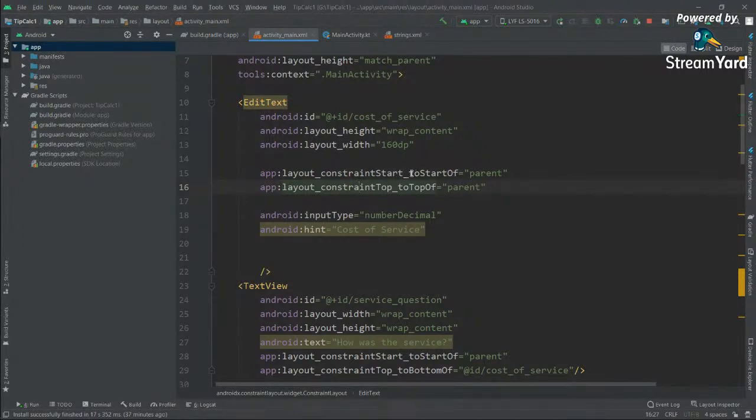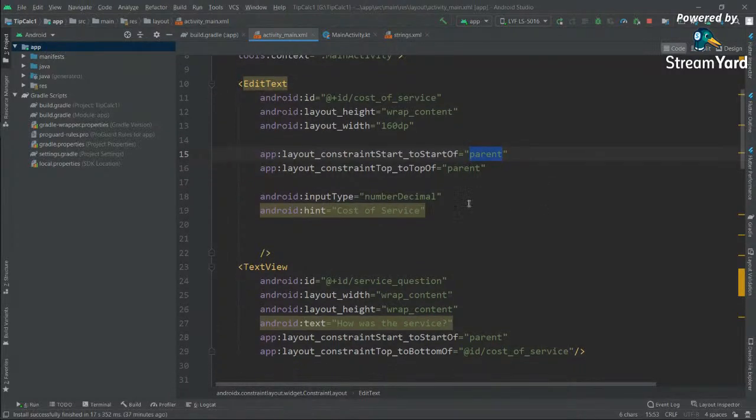And the value will be to start of the parent, which is the constraint layout, because the parent widget here is constraint layout, and the top constraint, so this is the vertical one and this was for the horizontal constraint. We have top of parent, again the constraint layout,